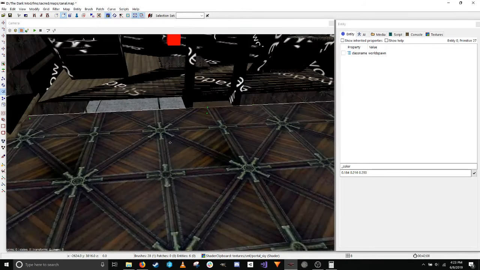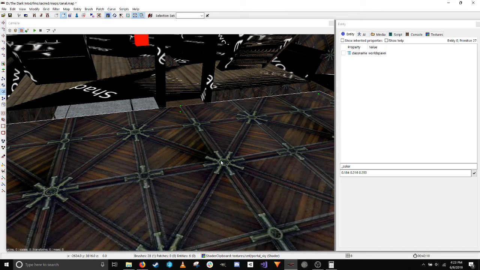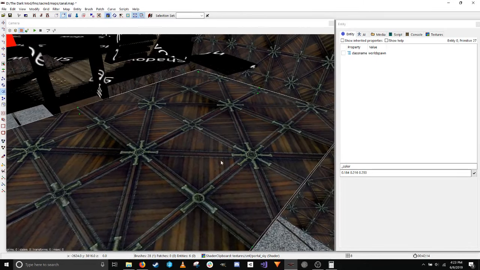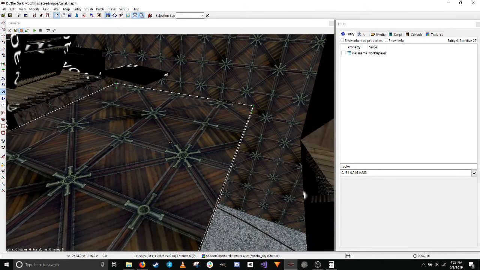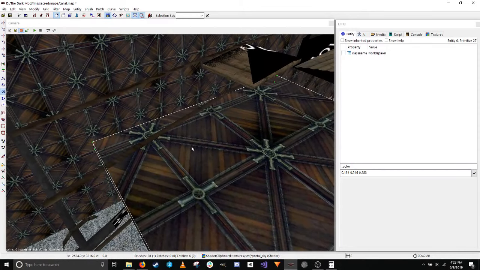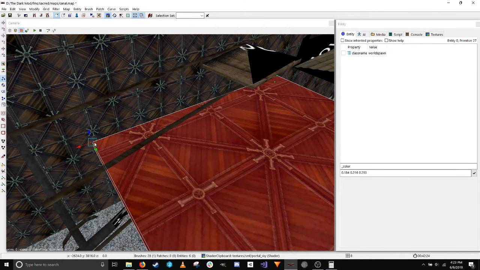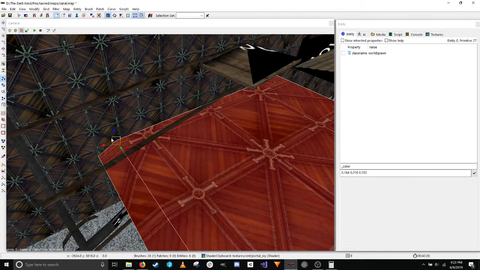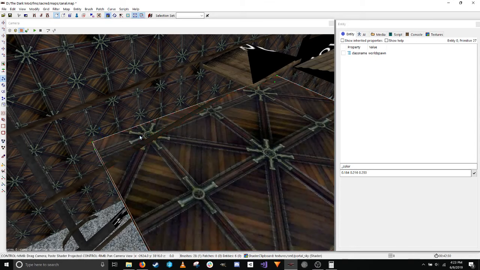Obviously this isn't a 3D modeling program, but it has some of the functionality of one. Or you can edit by vertex mode, which means you're editing individual vertices, some of which this editor will not like. But if I go back to edge mode